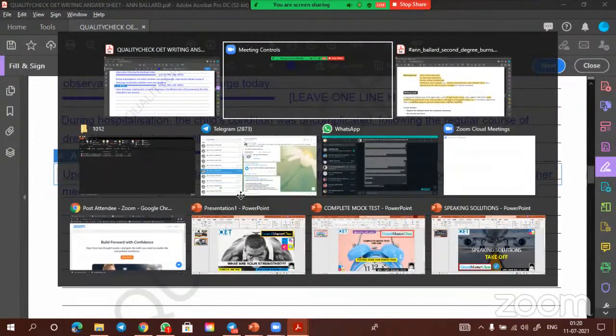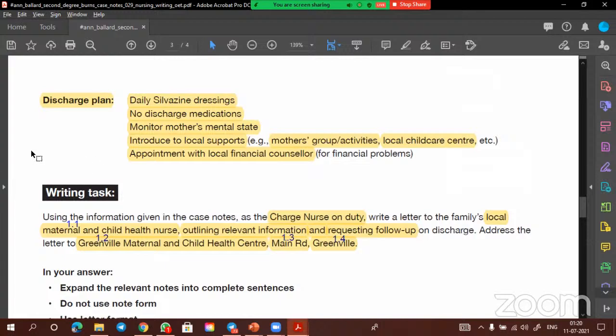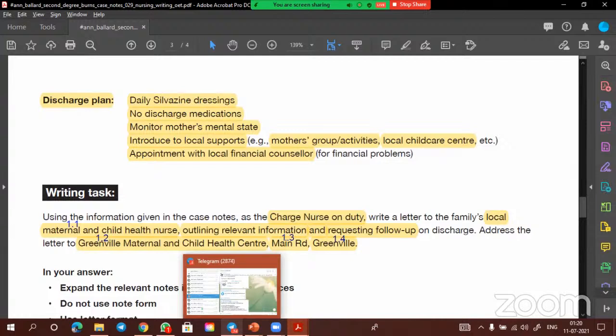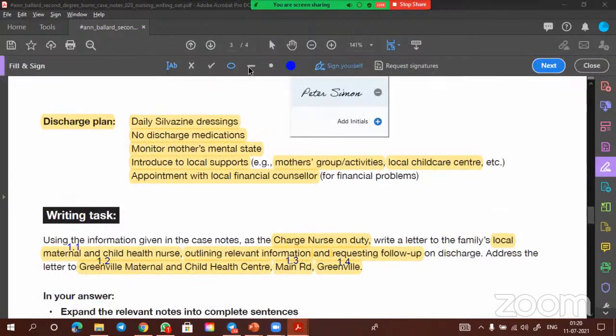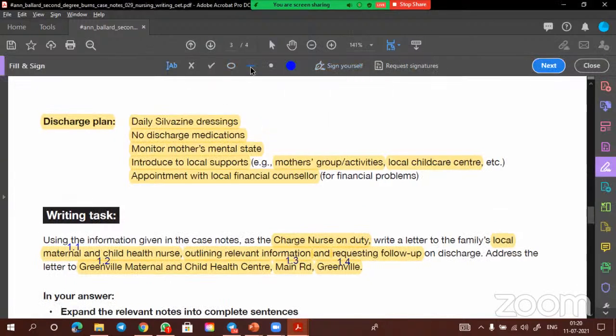So other than that, is there anything? You check it out here. So this is regarding the baby. Then this is regarding the mother. So you have to write it separately. Regarding the mother, you have to write separately. So you can break this one here. You can break this one here. So this is related to the baby.